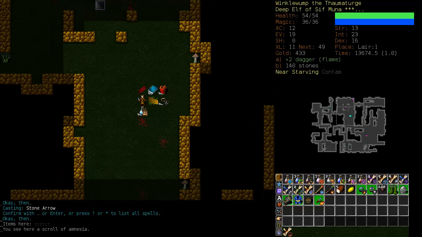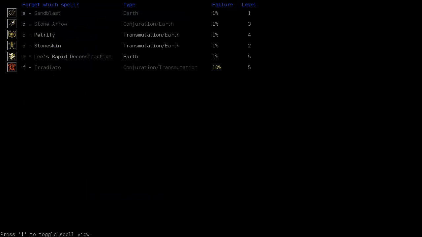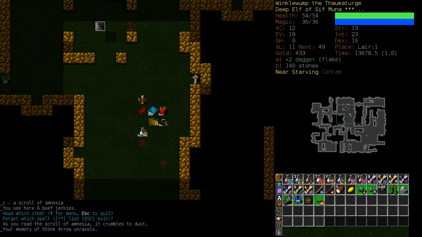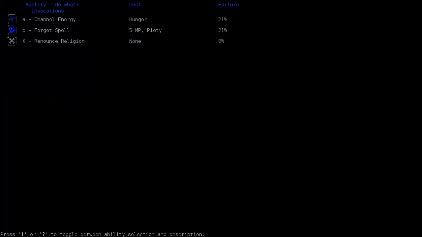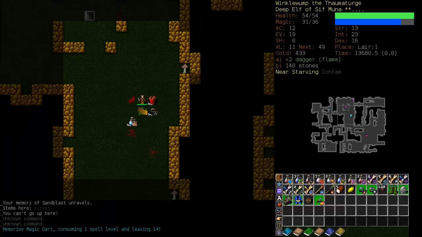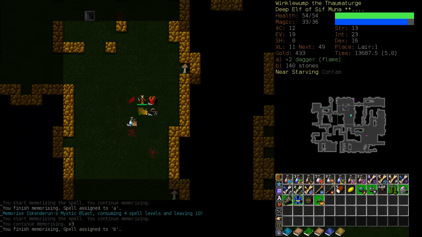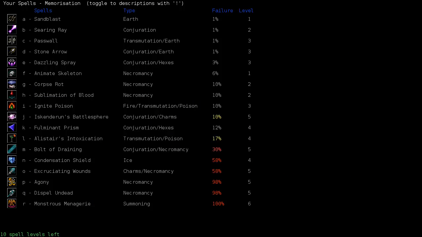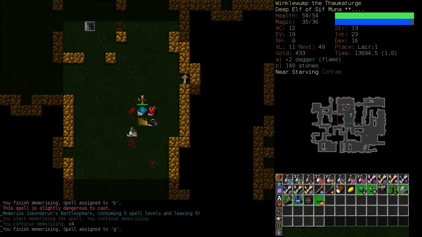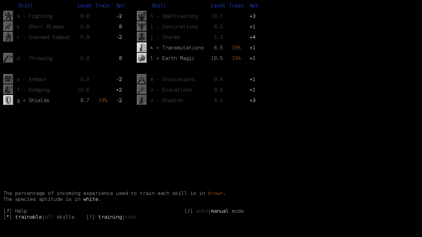So, do we have any Scrolls of Amnesia? Let's use that. Get rid of Stone Arrow. Use our Forget Spell ability. Get rid of Sandblast. Now we're going to memorize Magic Dart and memorize Mystic Blast and memorize Battle Sphere. And it looks like this is going to revert to more or less a...